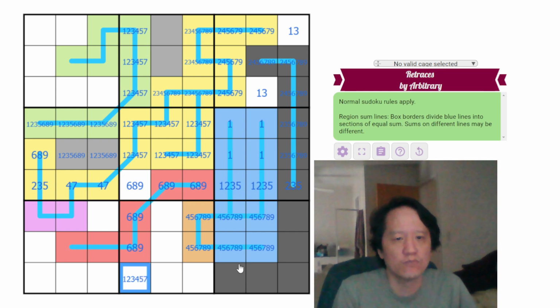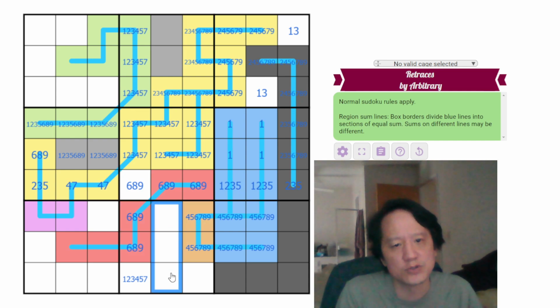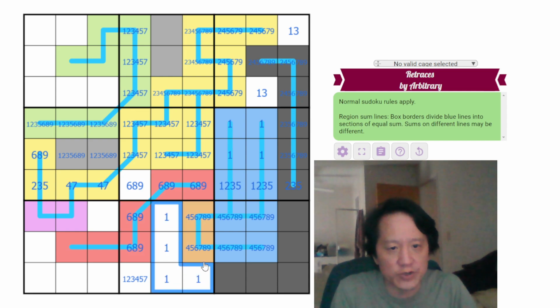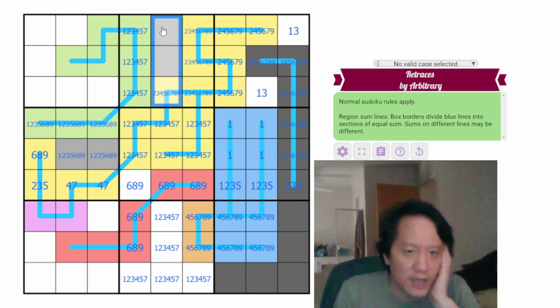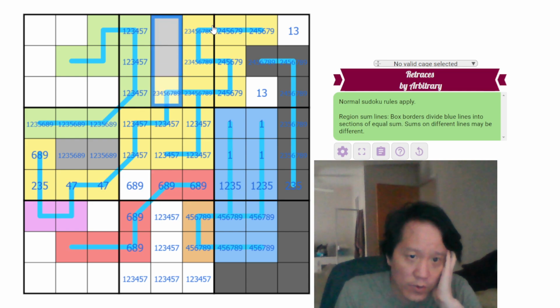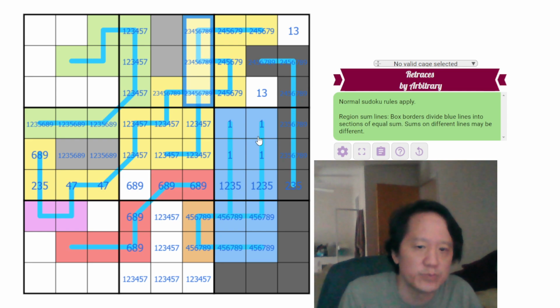Hmm. So we know none of the other ones can have 6, 8, and 9, right? Because two of 6, 8, and 9 are here. The other one of 6, 8, and 9 is here. So this cannot be 6, 8, or 9. So we know it's 1, 2, 3, 4, 5, 7. So 2 out of the 6, 8, and 9 have to be here. 1 has to be here. Okay. I'm not sure what that tells us, but...